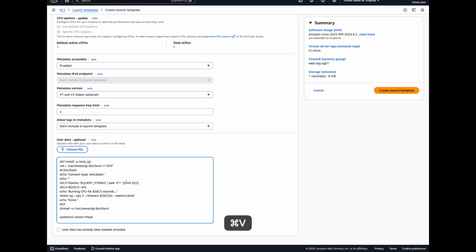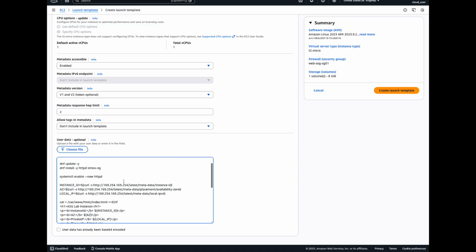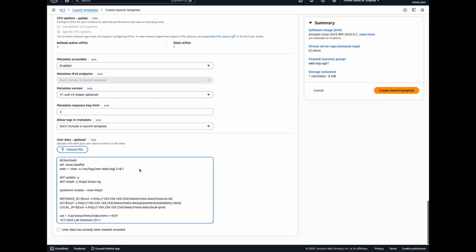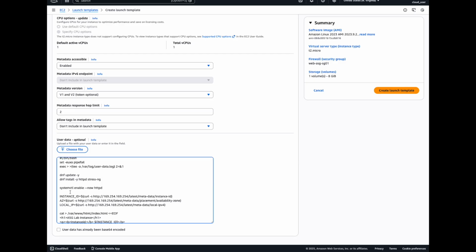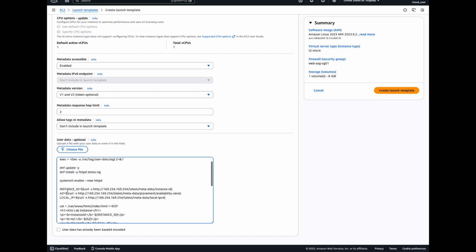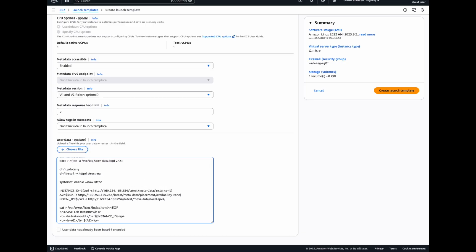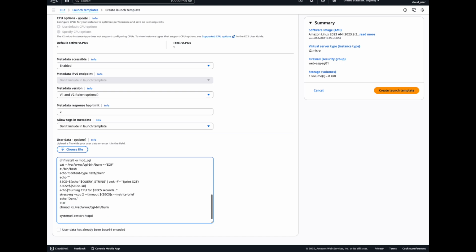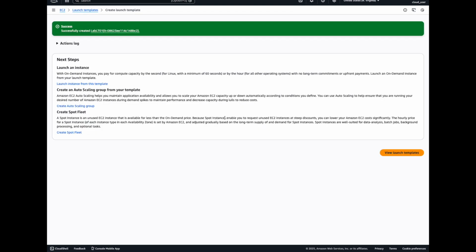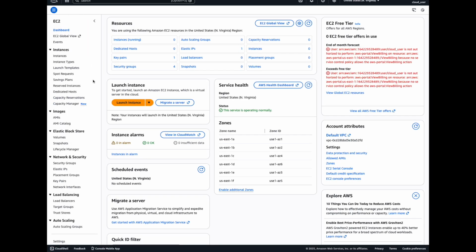Alright, so very simple script. I just asked ChatGPT to give me a script that would give me a landing page for a website using Amazon Linux 2023, and that's the one I'm going to use for now. Alright, so let's work on the